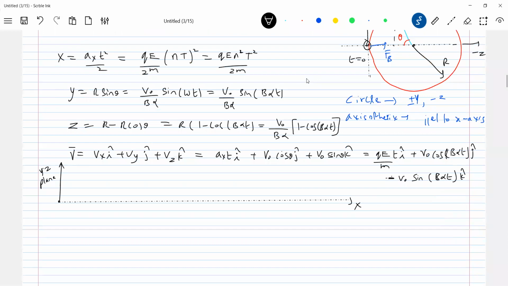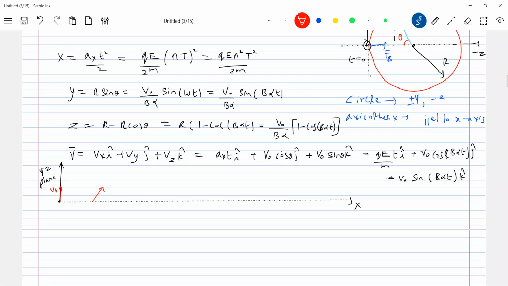At t equals 0, along the x-axis the velocity will be 0. And what will happen to the speed of the particle in the YZ plane? Speed of the particle in the YZ plane will remain constant, equal to V naught. And along the x-axis, what will happen? It will keep on increasing. So we'll agree. So here, if it is having V naught, after some time, what happens? The x component will increase, so slightly it will deviate, and after every one revolution.